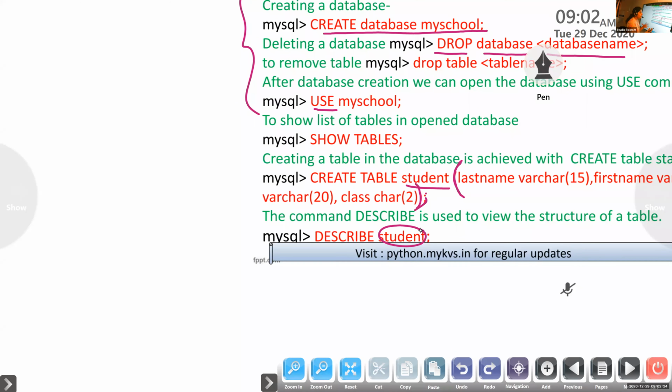Don't think you need to write it in capital letters. SQL is not case sensitive. We can write in small letters or capital letters. Or you can write DESC space student. Both give the same result.